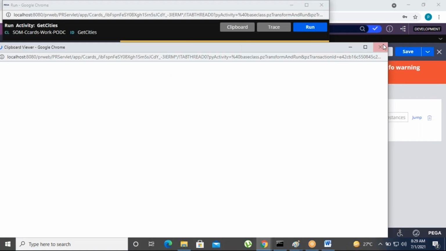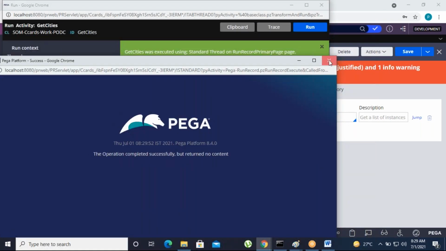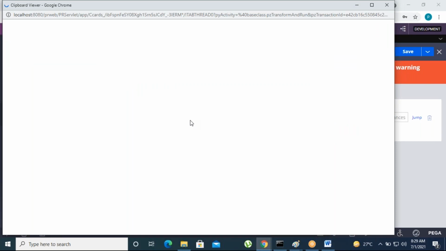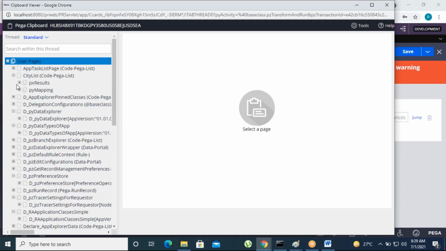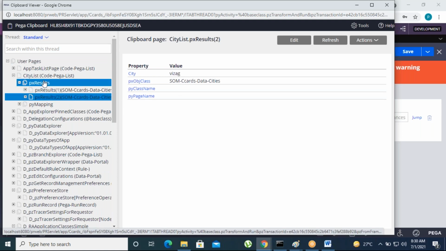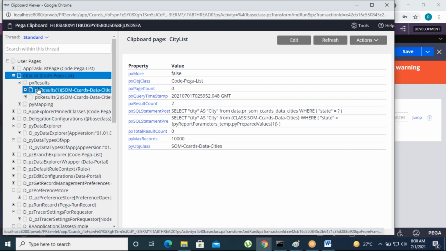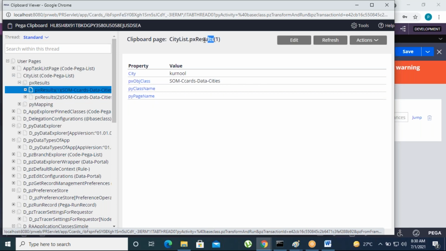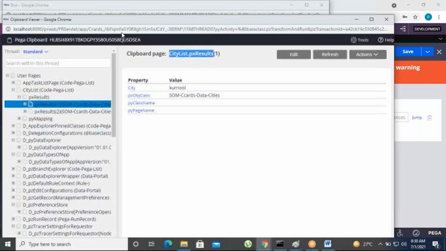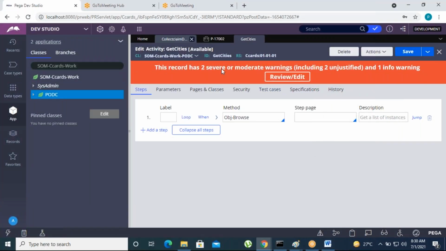Okay, sorry. So the operation will be a success. Go and check the data in the clipboard. There is a city list added under Andhra Pradesh, and the cities you added, Kurnool and Vizag, we will retrieve. This is an auto generated query. If you want to populate and display the data in your same process, you need to give the clipboard structure, clipboard base and clipboard classes in the section under the base and classes.